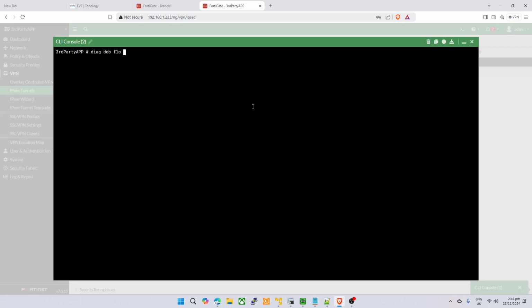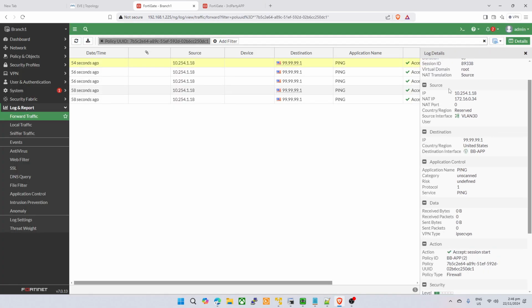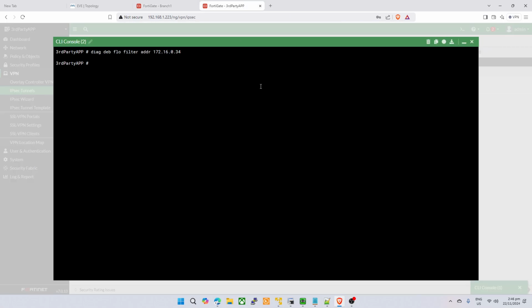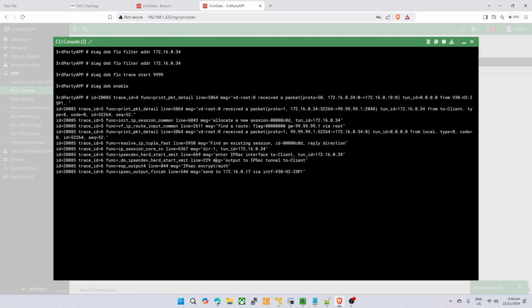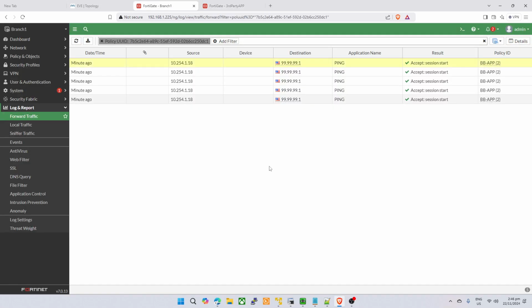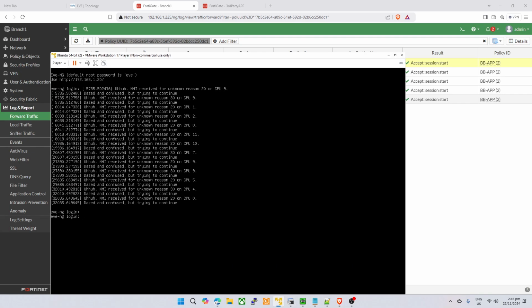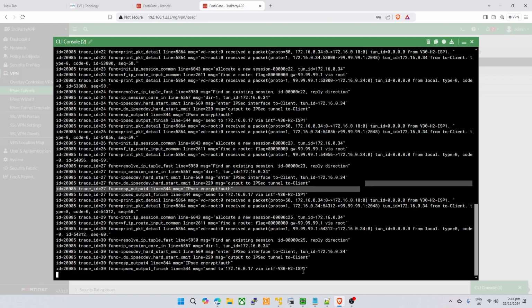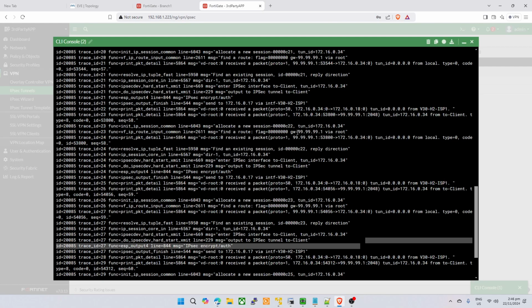Diag debug flow filter addr. Let's actually use this. Diag debug flow trace start 999. So we should be able to see that one coming in. Alright, if I just disable the ping over here, then I'm able to see that